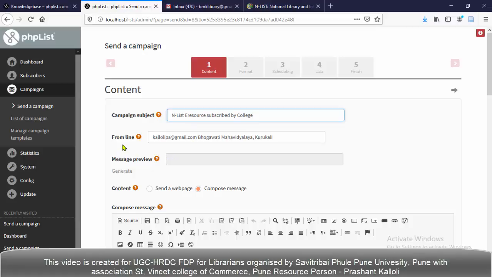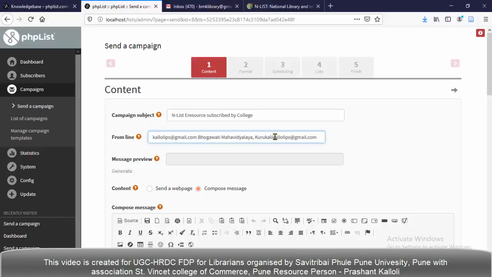Then there is another option, the From line. This is similar to the From email. Here the text is divided into two parts: first is the email ID and second is the name of the institution.